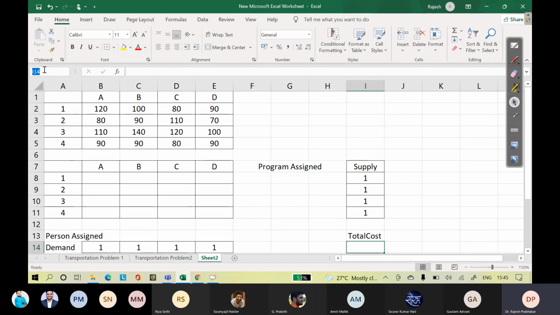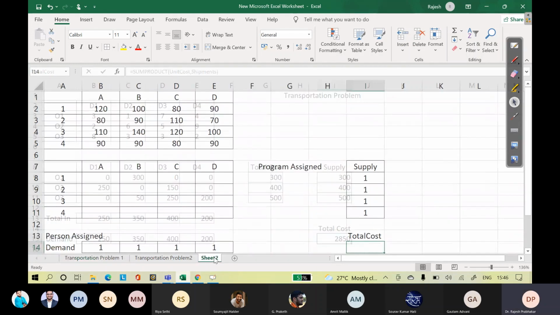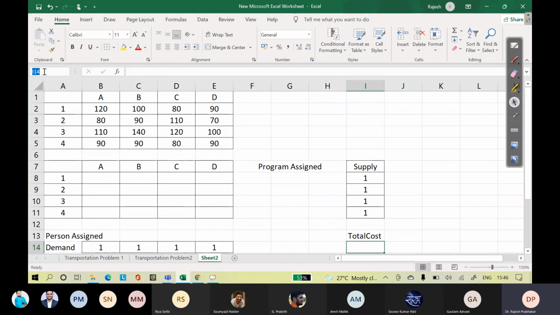So this cell we call it as total cost. Oh, sorry. Total cost 3. We assign the total cost 3 also to this one.